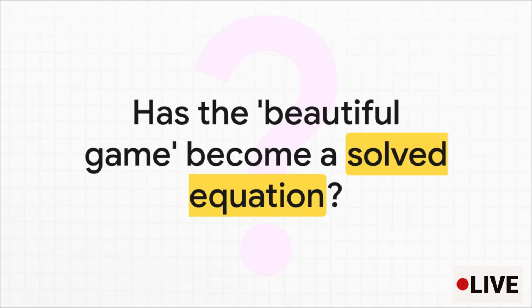So we've gone on this incredible journey, from a coach remembering maybe 50% of a match to systems that track a player 200 times a second. It's an amazing testament to the relentless search for an edge. But it leaves us with a pretty fascinating question. In a world of total information, where art and science are now basically inseparable, has the beautiful game become a solved equation? What's the future of creativity and intuition in soccer even look like?